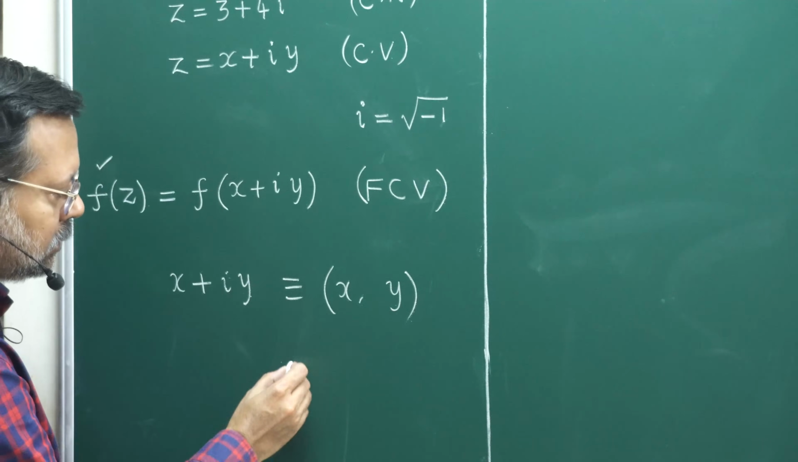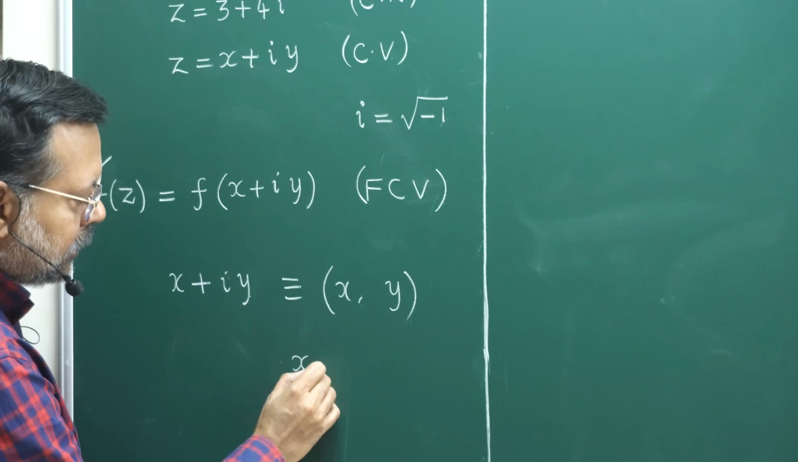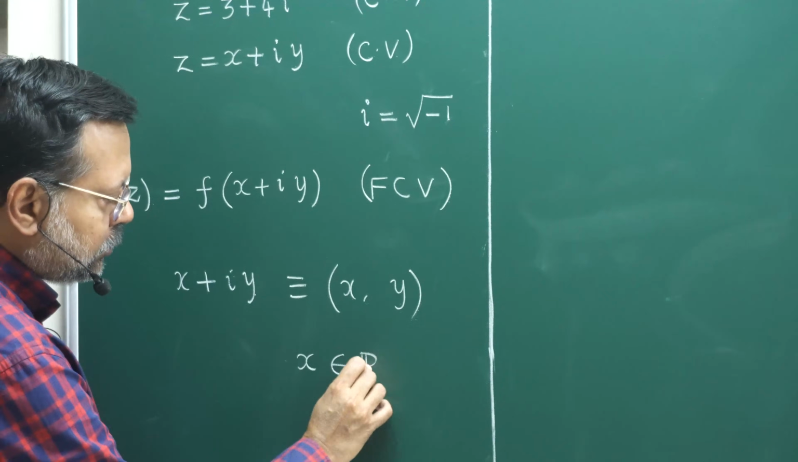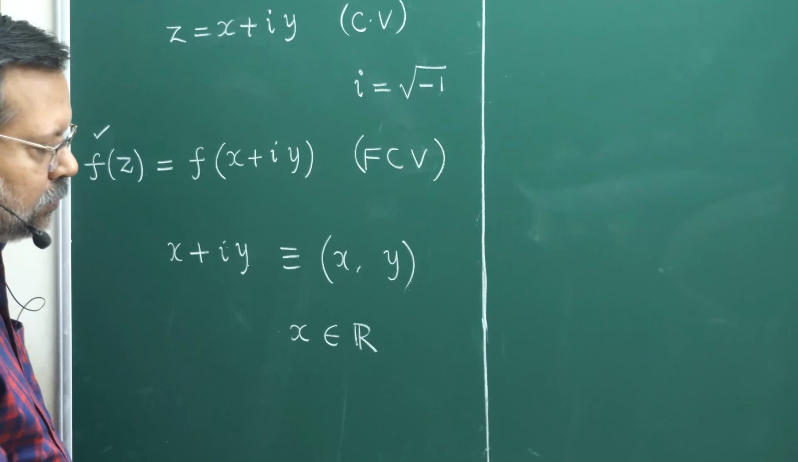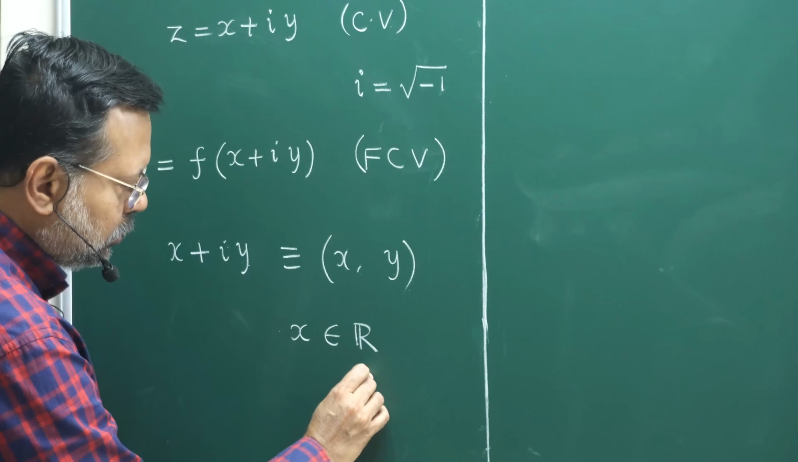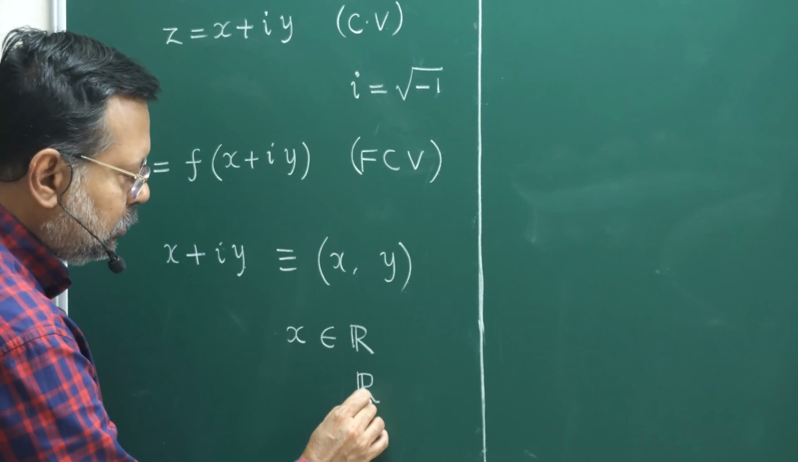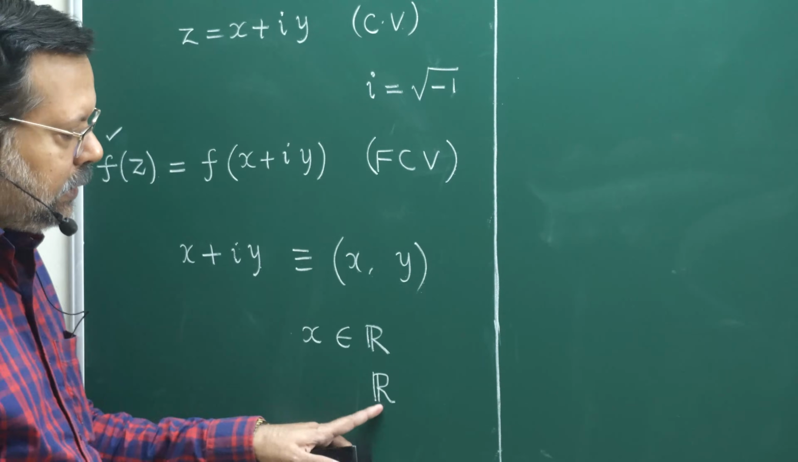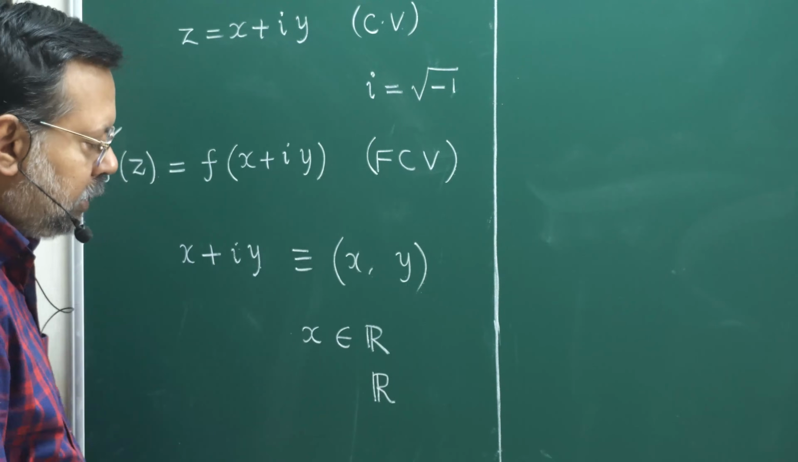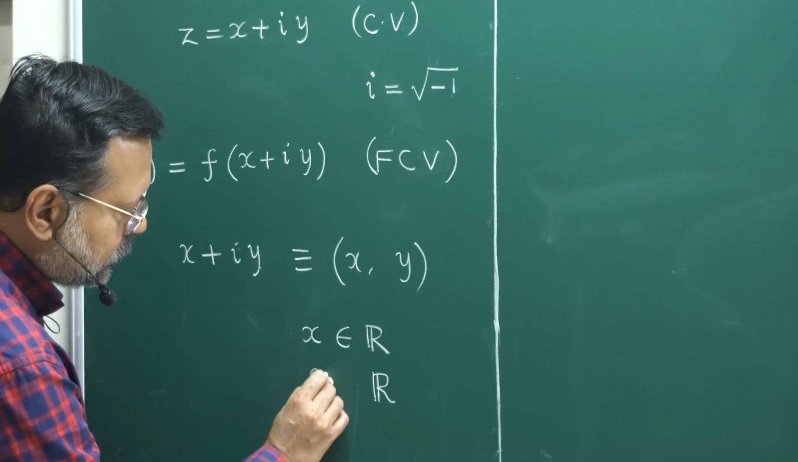How do we write real numbers in mathematics? x belongs to the real numbers. There is a double stroke R. You see that there's a double stroke, and then you complete the capital R here. This represents the set of all real numbers. That's a notation. And then y also belongs to